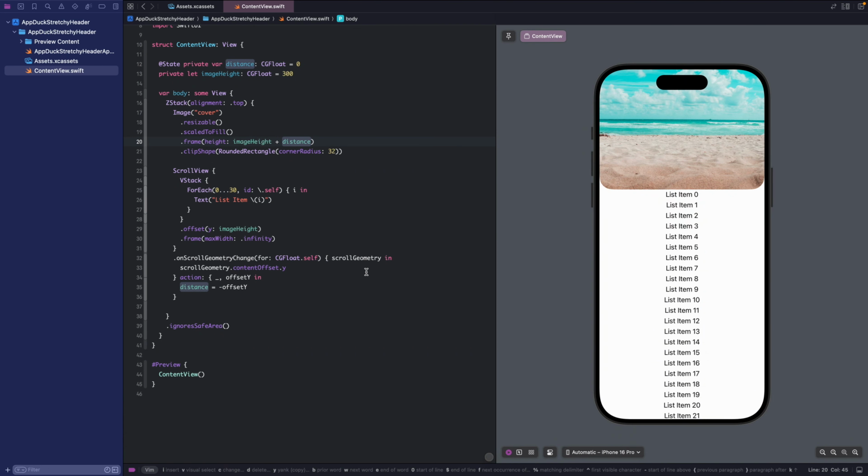Okay, let's continue adding the scale effect to our image.